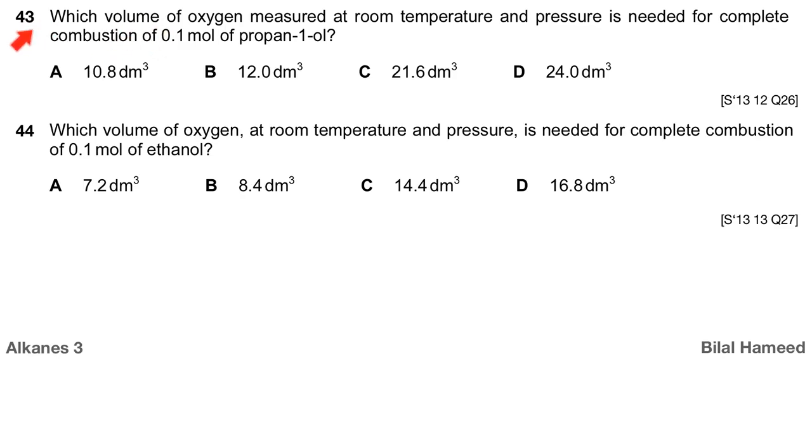So I want to do this question, 43, which is: what volume of oxygen, measured at room temperature and pressure, is needed for the complete combustion of 0.1 moles of propanol. So this is the combustion of alcohol. First of all, in alcohol, you cannot use CXHY. CXHY can be used for all hydrocarbons. So what you do is write the formula for propanol first, which is CH3CH2CH2OH. That's the first part of writing the structural formula. But for the combustion equation, you should use the structural formula to write the molecular formula. So the molecular formula for propanol will be